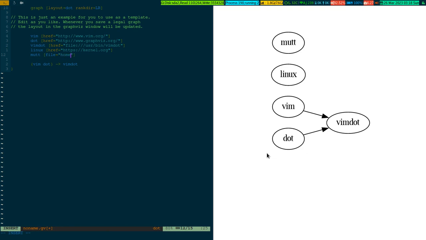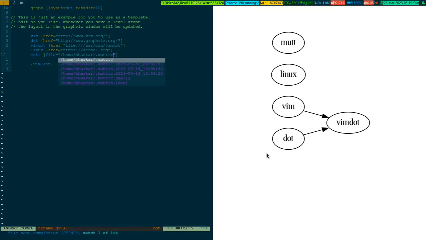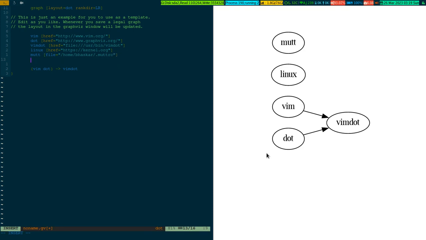If I write home and dot c, and now if you write pointed to, you see the syntax is pretty simple. And again, if you save this file, see,